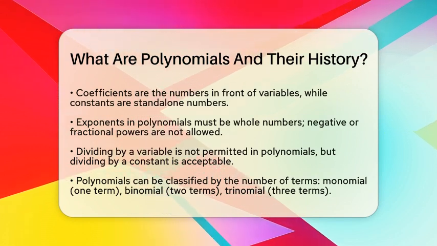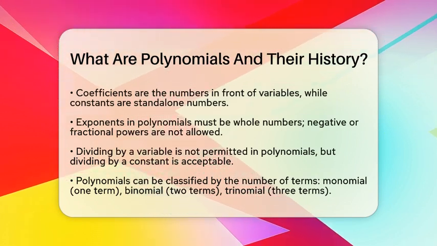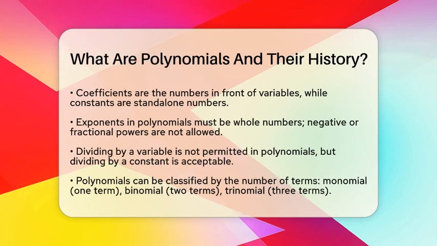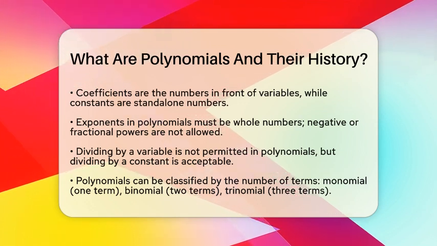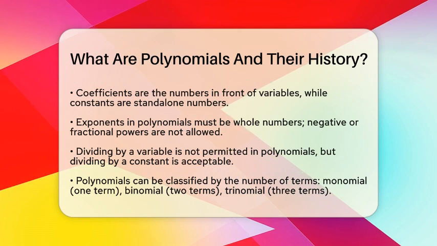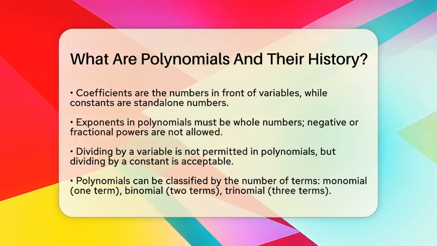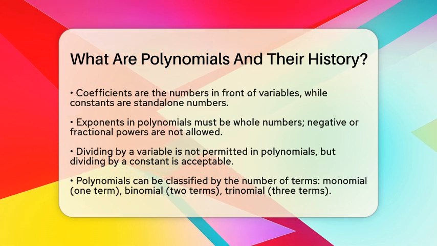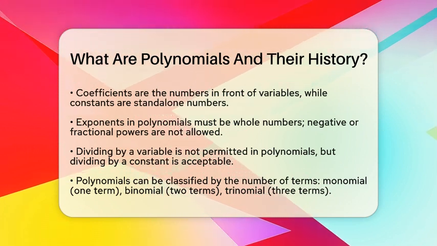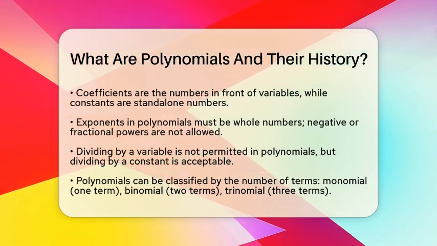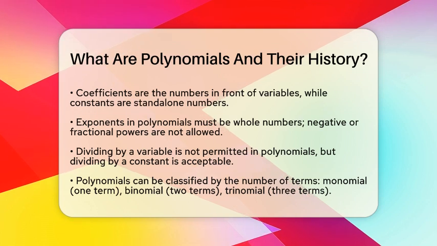Polynomials can be classified based on the number of terms they have. A monomial is a single term, like 5x. A binomial has 2 terms, such as 4x plus 5. A trinomial consists of 3 terms, like x squared plus 2x plus 1. If a polynomial has more than 3 terms, it is still called a polynomial but is not usually given a